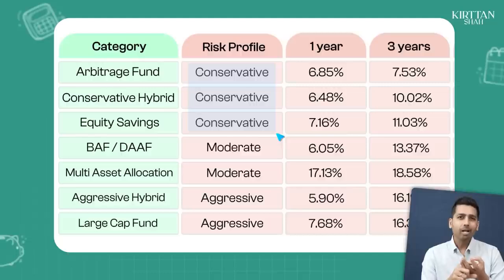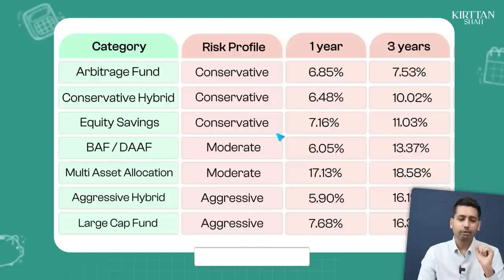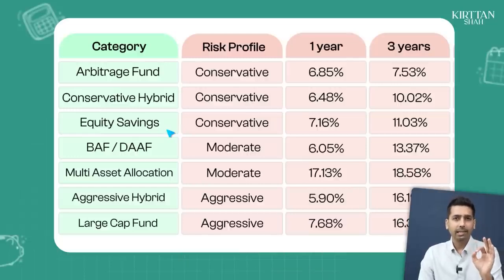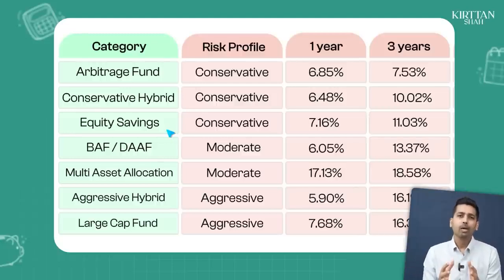Now, I would rather suggest that you can actually eliminate the conservative hybrid here. And if you are a conservative investor, focus only on 2 funds. The first is the arbitrage fund, and the second is the equity savings fund. Let me help you understand why I say that. So suppose, for example, you are somebody who keeps money in a fixed deposit, or you are somebody who probably keeps money in the savings account, then you might want to look at this category, which is